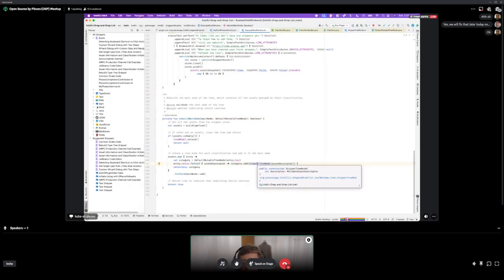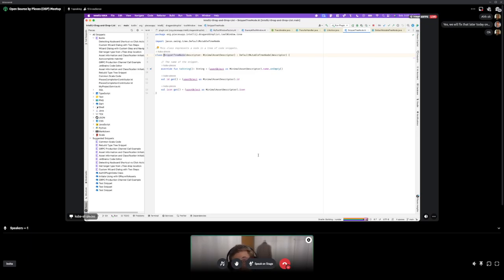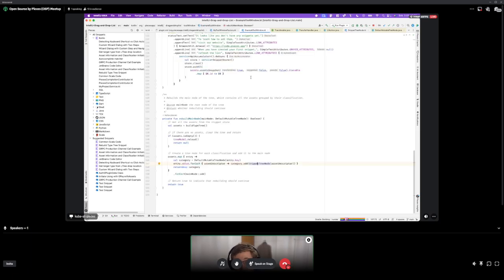And the reason it's important is because, for one, we have an easier access to what is really important to us when we want to render things or we want to interact with the underlying data once we get to actually handle the drag and drop action. And two, Kotlin has a pretty simple way of checking if an object is an instance of a class, which will be very handy later in our logic for responding to the question if we can manage and handle certain type of data.